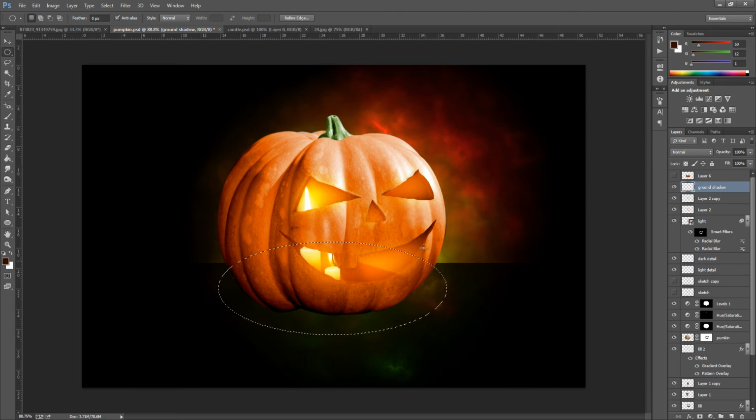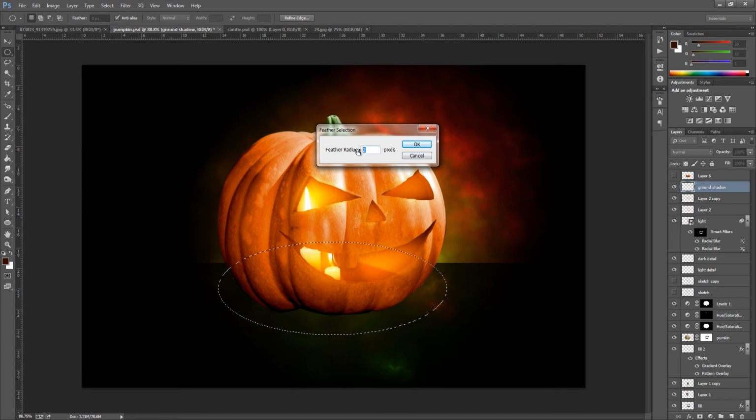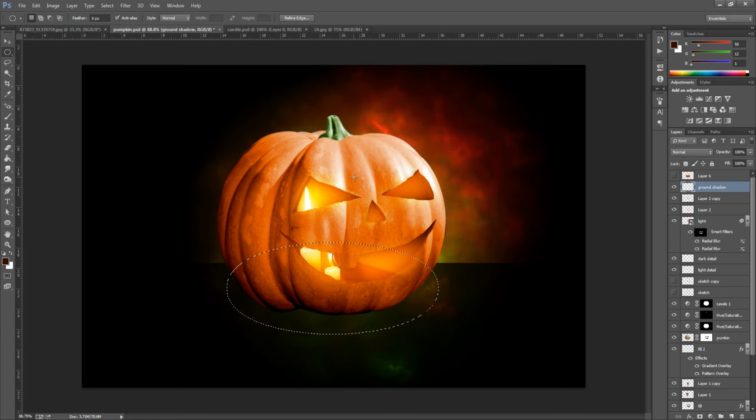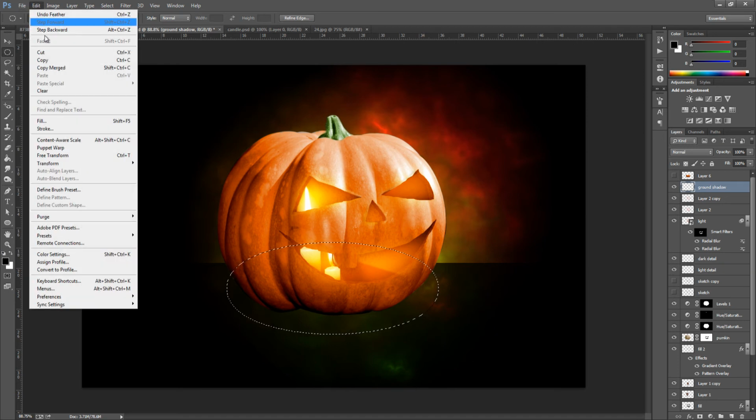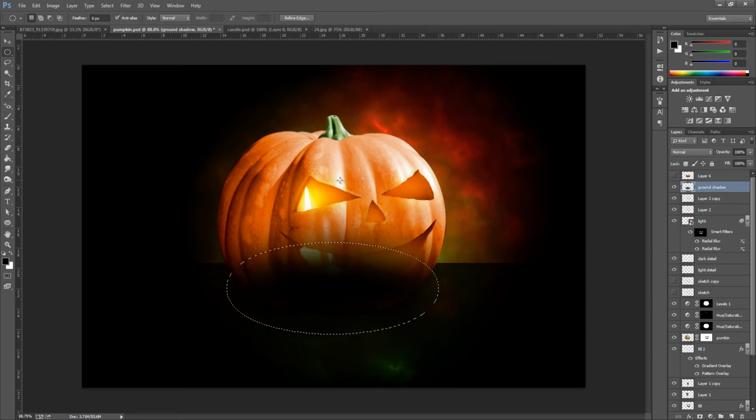And we're going to feather this now, so we need to feather it by 50, so go to Select, Modify, Feather, and type in 50 and click OK. Now once we have done that, we need to fill it with black, so make sure that you have black as your foreground colour, and go up to Edit, go to Fill, Foreground Colour as Use Contents, and click OK. Now once we have done that, we're going to press Control and D to deselect, or Command and D if you have a Mac,